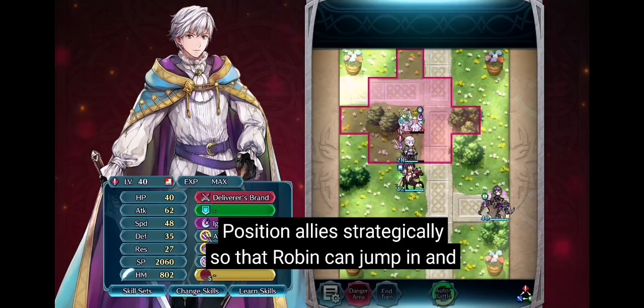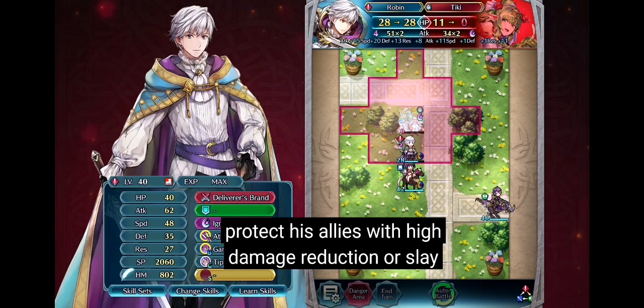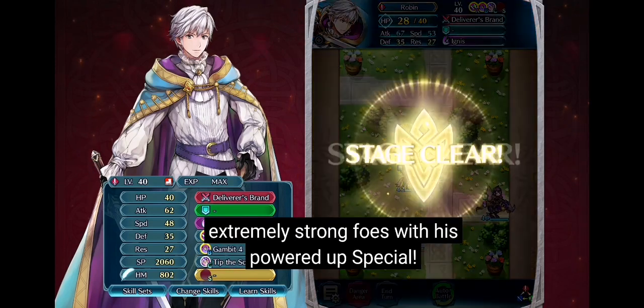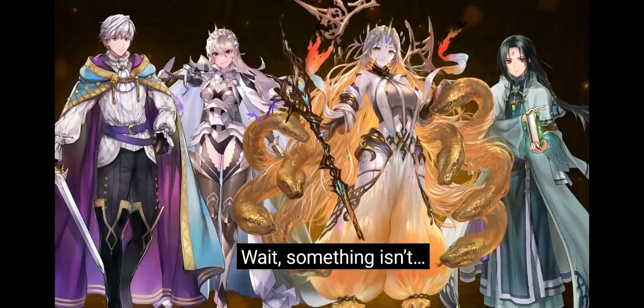Position allies strategically so that Robin can jump in and protect his allies with high damage reduction or slay extremely strong foes with his powered up special. Next we have... Wait, something isn't...